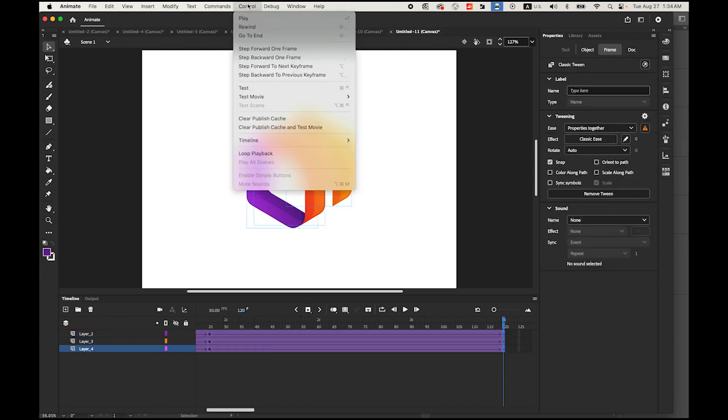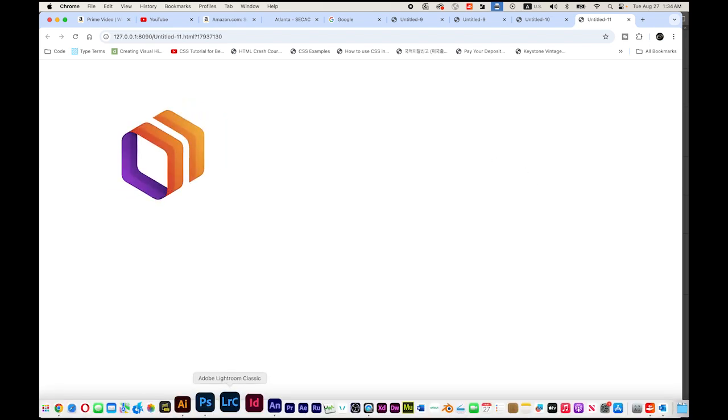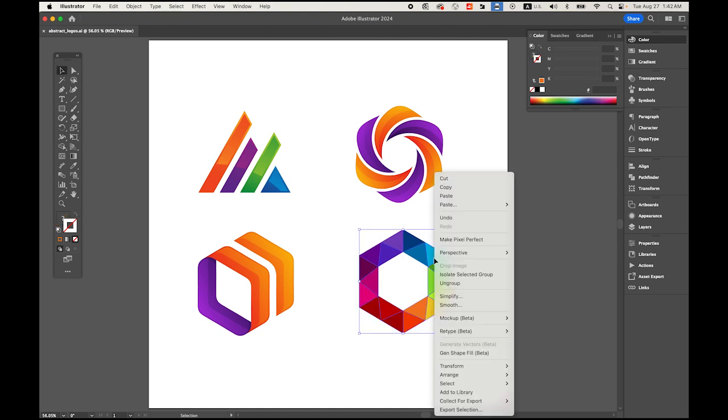Let me test the movie. Control, test the movie in browser. 3 seconds stay. And yes, 1, 2, 3, and again. Okay, so it's good. Okay, now the last one, number 4. So select here your number 4 logo, abstract logo, copy,